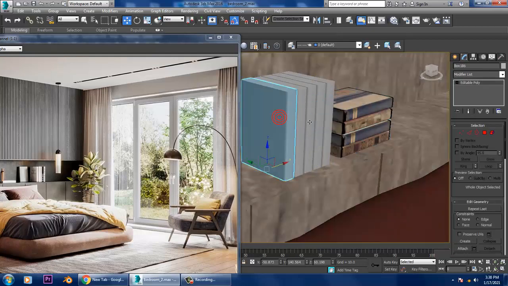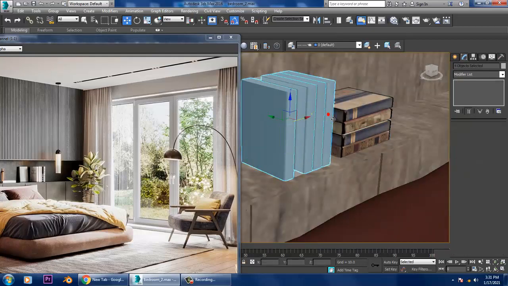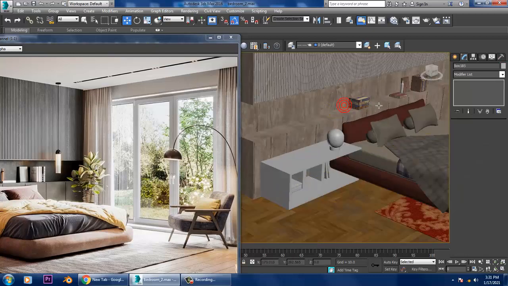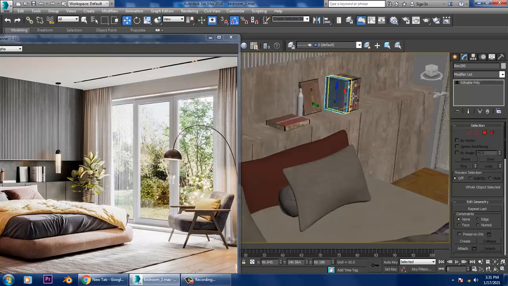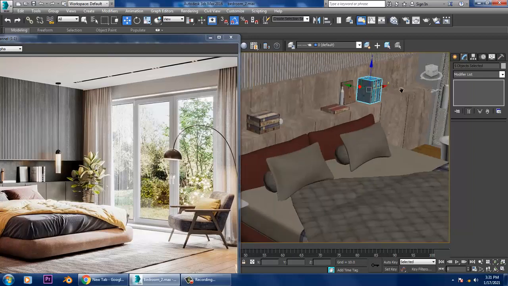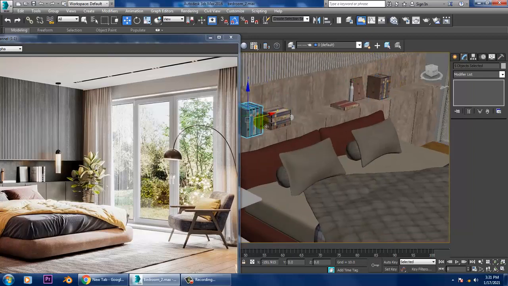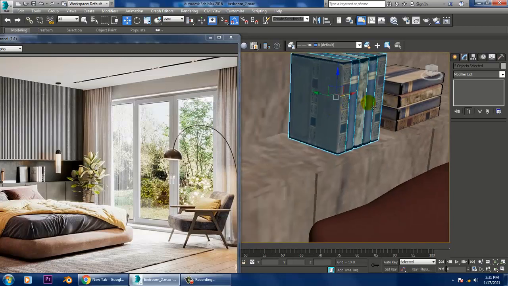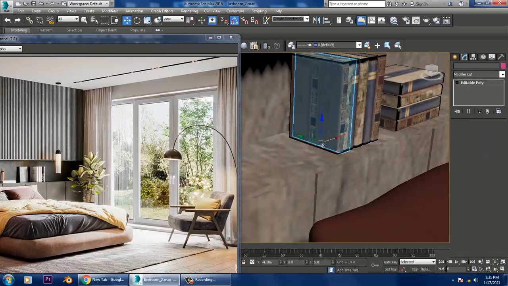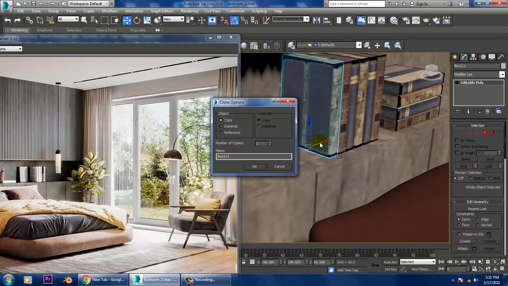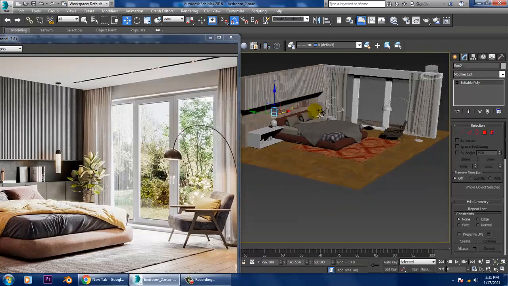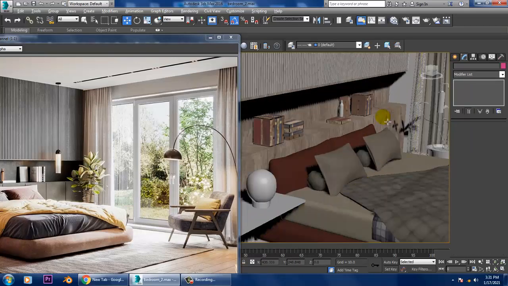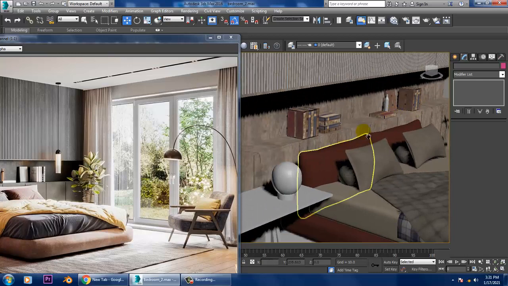Also we'll take these copies over here, so let's just duplicate these books over here, save your file.